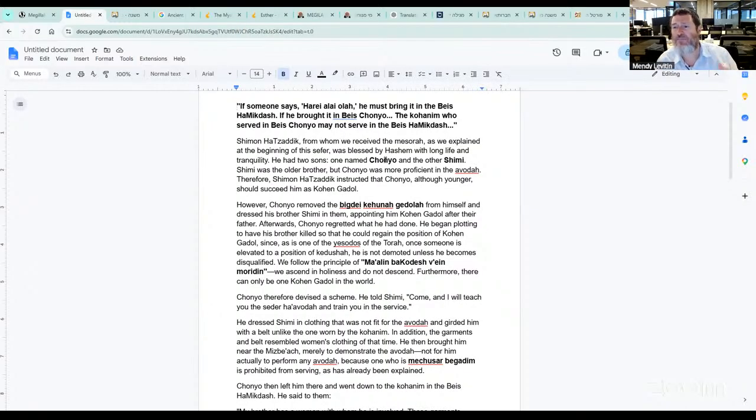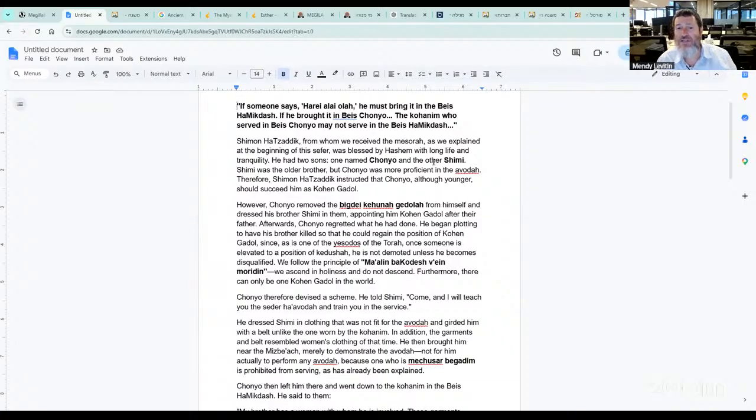Ezra, Nehemiah, the different peoples and the members of the Great Assembly who put up the second temple, the Shtar Ramona. They reestablished Judaism in the times of the second temple. The last of the members of the Great Assembly is Shimon the Righteous, who is the high priest for 40 years. So he's part of the Masorah, as we explained at the beginning of the Sefer, meaning the Rambam. This is all a translation from the Rambam. One was blessed by Hashem with long life and tranquility. He had two sons, and one name was Chonyo and one name was Shimi. So Shimon the Righteous is in the times of the second temple.